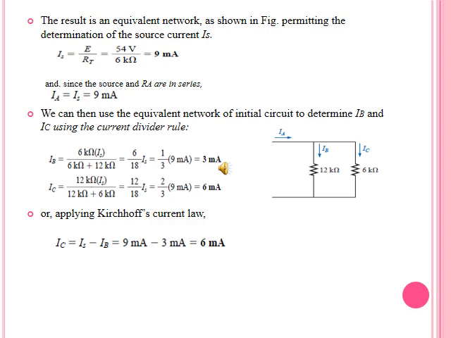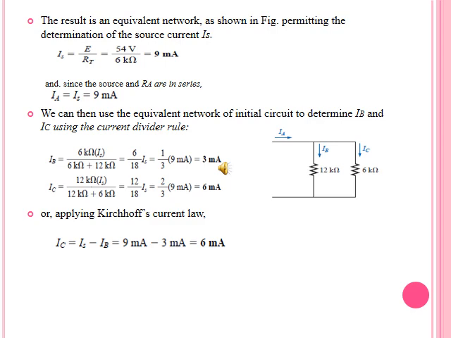Now we go to our previous step and divide the circuit which is in parallel: 12 kilo ohms and 6 kilo ohms, and 2 kilo ohms. As we know, the 2 kilo ohm resistor will contain IS. It is in series with the source and has the same current as applied from the source. Now at the node, after passing through the 2 kilo ohm resistor, it is going to divide in the form of IB and IC. When two currents divide in parallel, we apply the current divider rule. So after applying the current divider rule, we can find IB and IC.